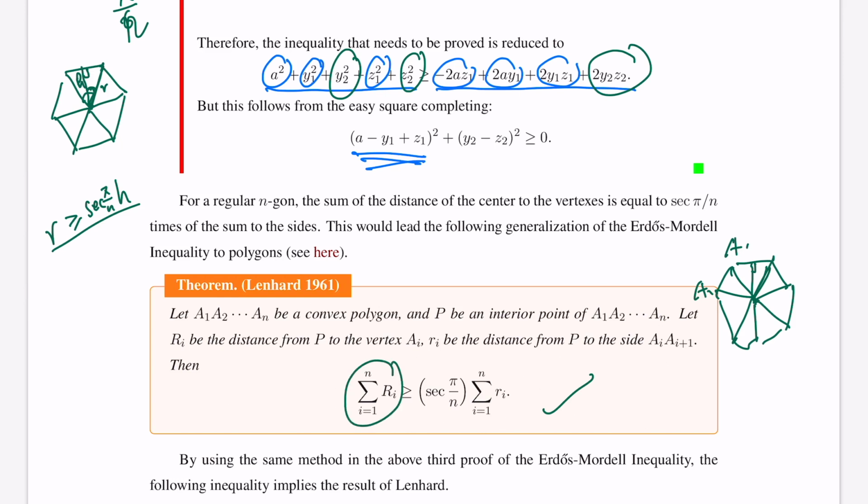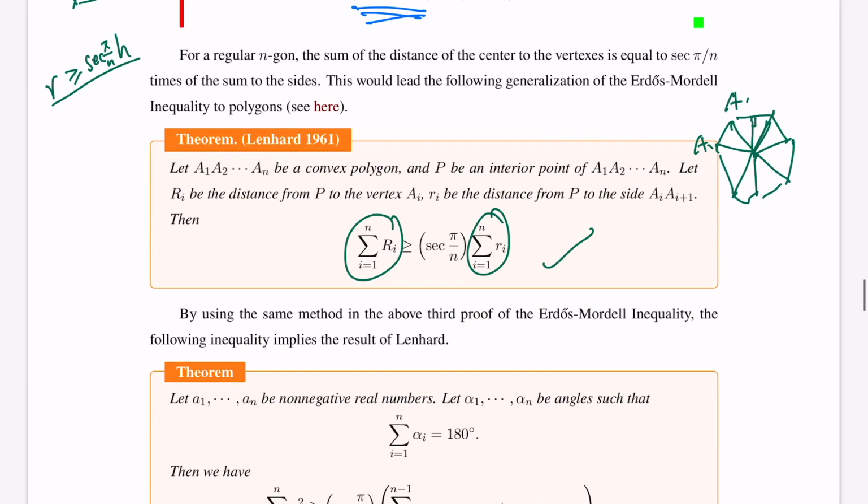Then the left-hand side is the summation of the distances to all the vertices, the right-hand side is the summation for all n sides, and they are related by the inequality, bigger than secant pi over n. So you can imagine this would be a very difficult problem to prove using